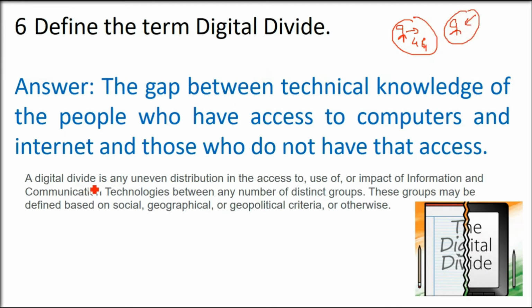This is digital divide. So a digital divide is uneven. Uneven means somewhere it is too much, somewhere it is scarce. It is uneven distribution in the access to, use of, or impact of information communication technologies. It can be internet, it can be communication between any number of distinct groups. Some may have good access, some may have less.